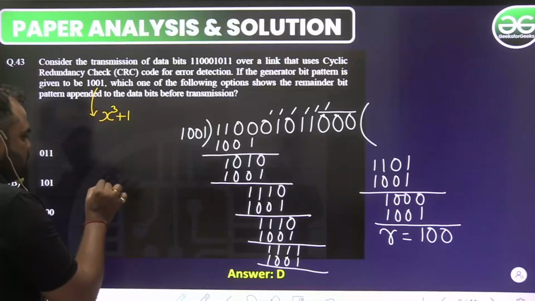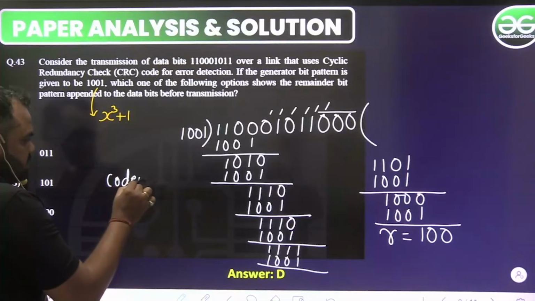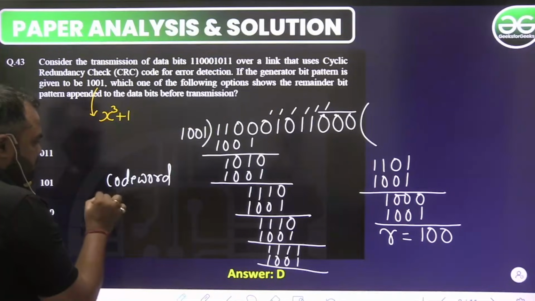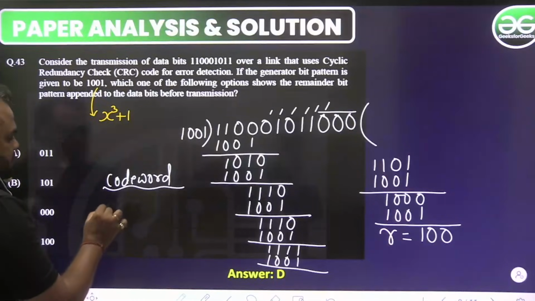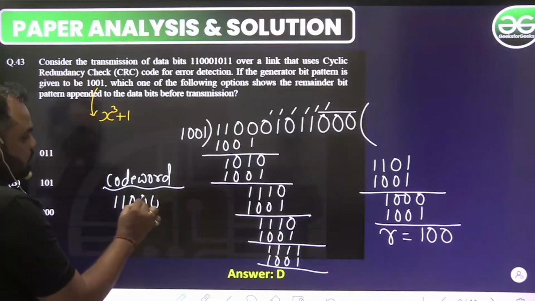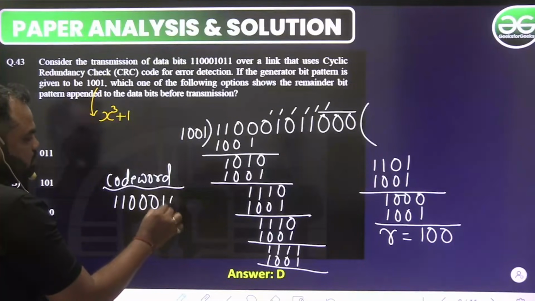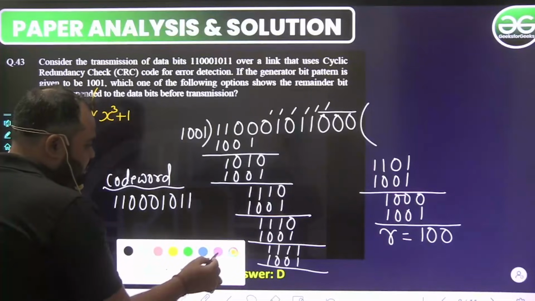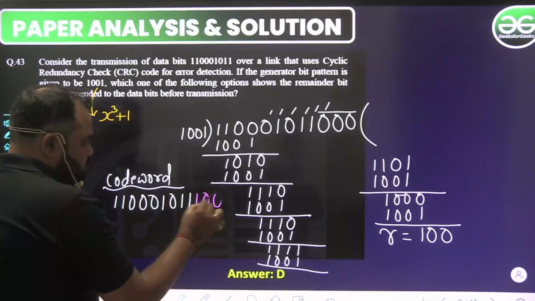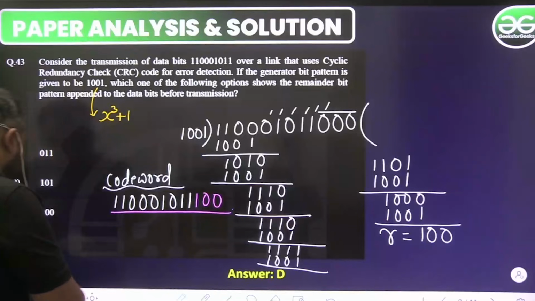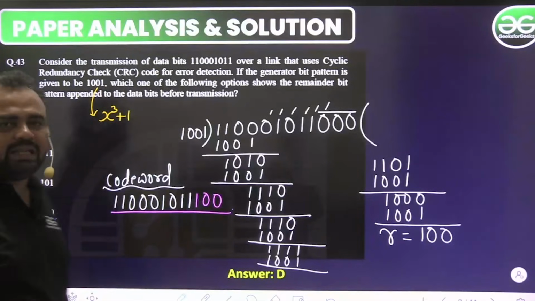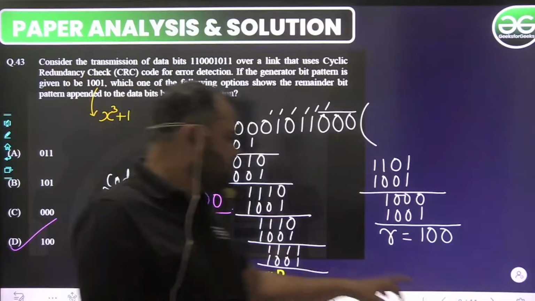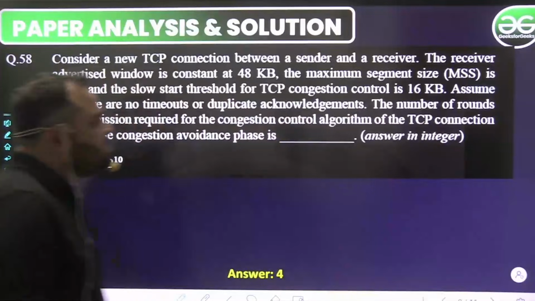So whenever the sender will send the data, the code word will be, ऑब्वियसली जो अपेंड होगा वो हमारा रिडंडेंट बिट अपेंड होगा, तो कोड वर्ड क्या बन जाएगा, तो this is 1 1 0 0 0 0 1 0 1 1, और ये जो 3 बिट है this is 1 0 0 will be appended, so the right answer of this question will become D, ठीक है। बहुत ही सिंपल सा क्वेश्चन है, and I hope सभी स्टूडेंट ने इसका सही आंसर किया होगा।